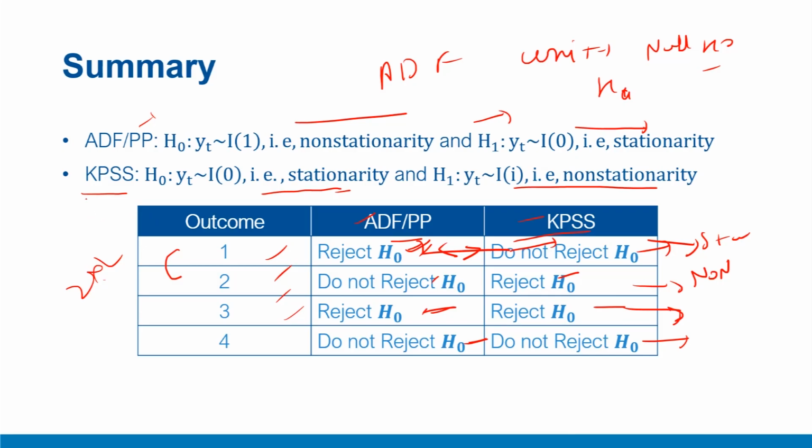So to summarize this video, we discussed the approach to test for non-stationarity using multiple tests, which include 2 classes of tests. One class is called unit root tests, where the null hypothesis is non-stationary and the alternate is stationary, and another set of tests called tests of stationarity, where the null is stationary and the alternate is non-stationary.